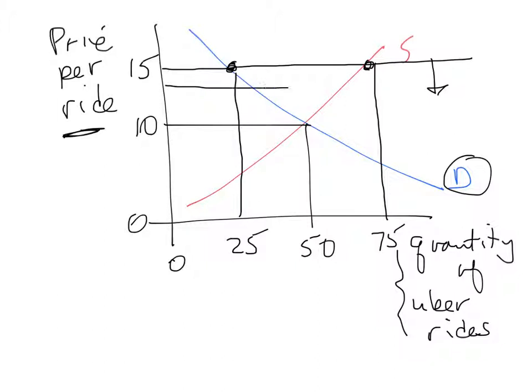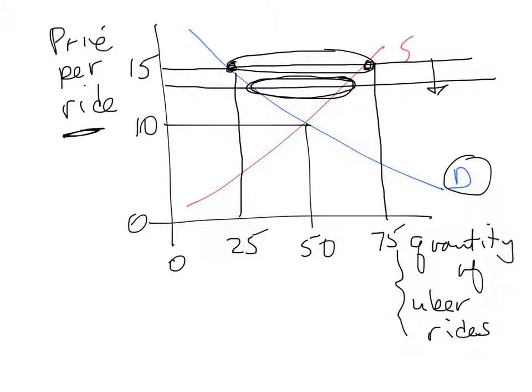And as it moves down, this excess supply is going to start to shrink. So this distance right here is less than this distance. And it's less because people have moved down their supply curve here and down the demand curve here, and that has reduced the excess supply. So when is this downward pressure on price going to stop? Well, it's going to stop when the quantity of this excess supply actually goes to 0,